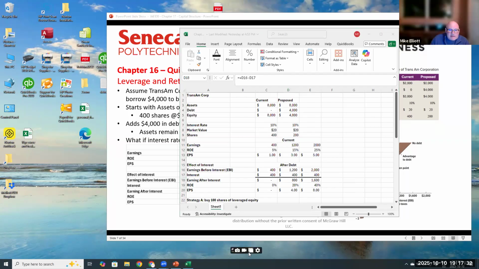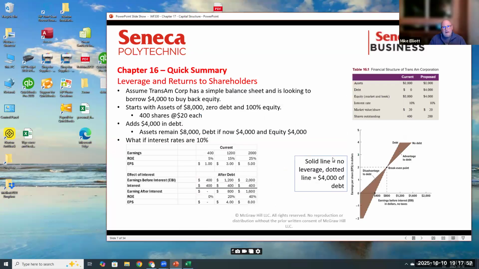But the answer is you got to keep your shareholders happy, because the shareholders are owners of the company. The bondholders you just owe money to. But you got to keep the owners of the company happy. Now, curiously, in the pecking order, shareholders are last. Bondholders are way ahead of them. So when it comes time to liquidate and pay for stuff, we look at it in the reverse order, but that's really not our problem.